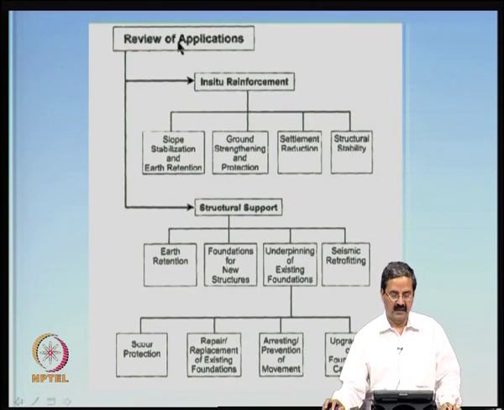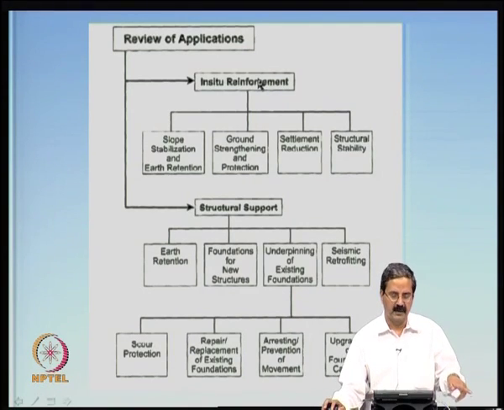Actually, the applications are too many, and it works as a reinforcement. In the case of a slope, the reason slope failure occurs is because the driving forces are more than the resisting forces. So we say that the factor of safety is less than 1. What we try to do is put micropiles such that they decrease the driving forces and increase the resisting forces. That is what we call reinforcing the slope.